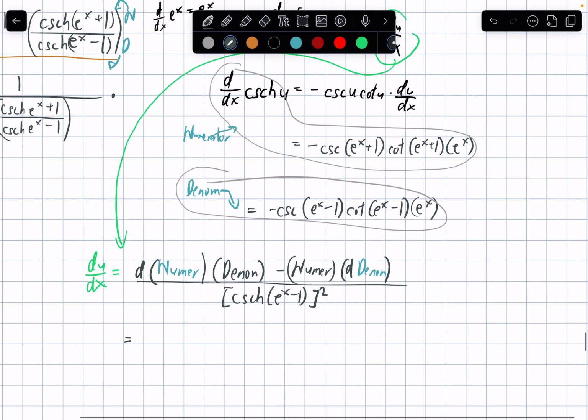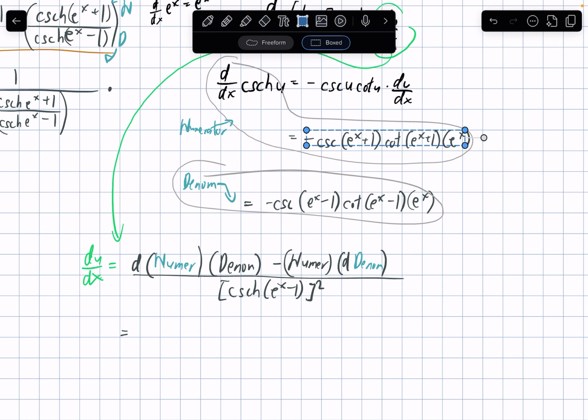So derivative of the numerator is this one